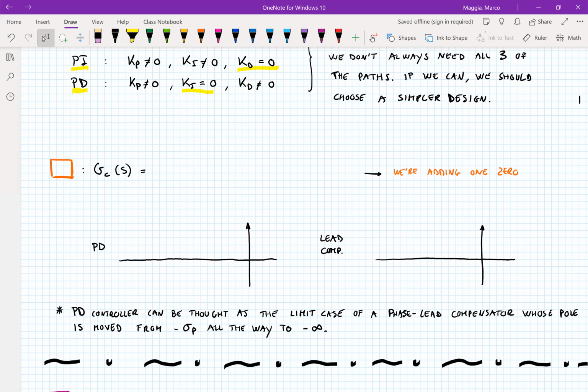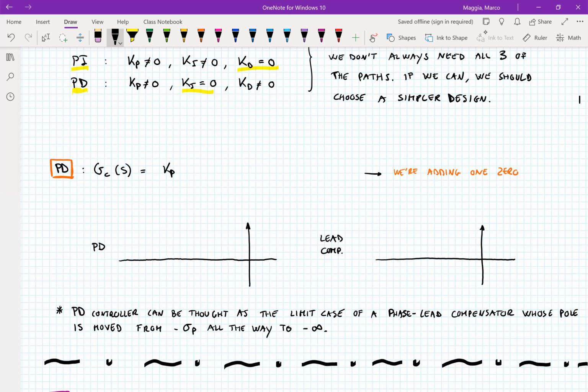I just want to draw a parallel now between these controllers, and especially PD controller, PI, and the complete PID, with what we saw last time, that is lead compensator, lag compensator, and the combination of the two, lead lag compensator. Let's start with the proportional derivative one, so the PD controller,